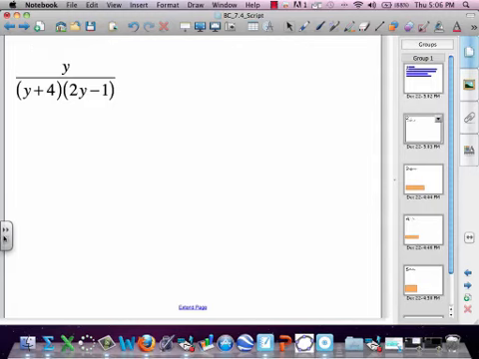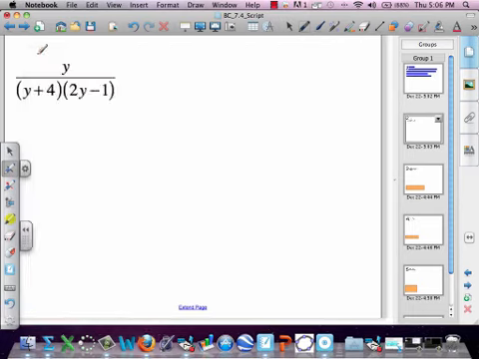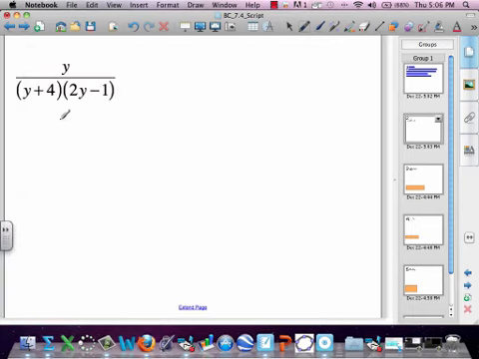Okay, so let's review real fast. Partial fraction decomposition. What is it? What's it about? Why do we care? There is an algebraic theorem that says that there are two algebraic fractions that add up to this fraction right here. Okay, and because the denominator is factored, I can tell that the denominators of the fractions